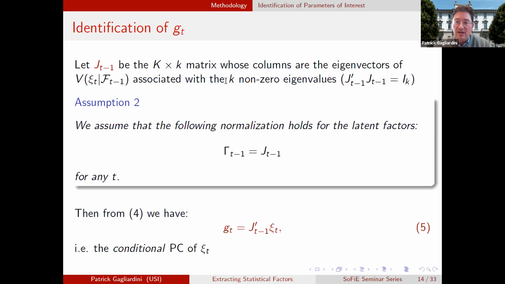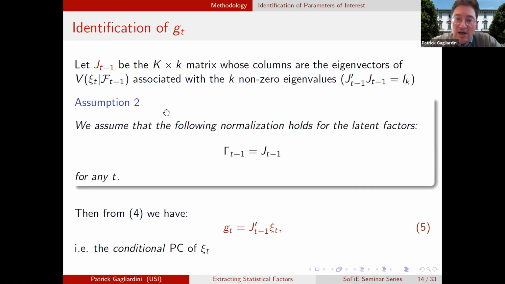So I can choose one normalization of the latent factors, such that this gamma matrix, this cross moments between the loadings and the instruments, exactly coincides with this matrix of eigenvectors that I have denoted by J t minus 1. Okay, so for some part of the paper, I'm using this normalization